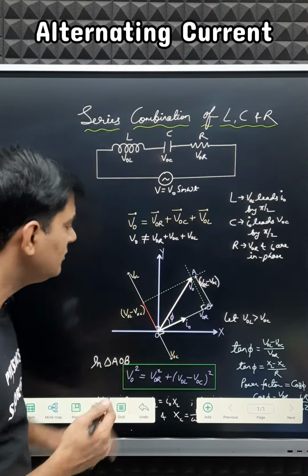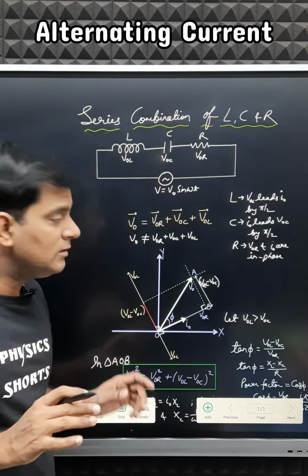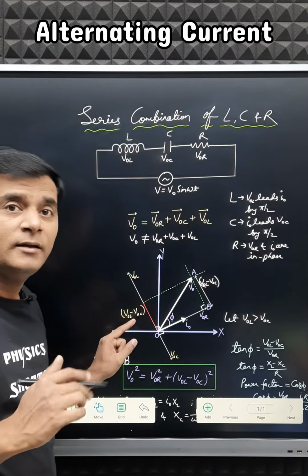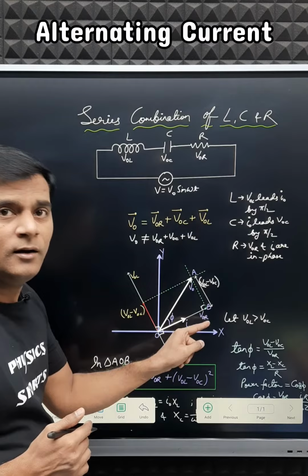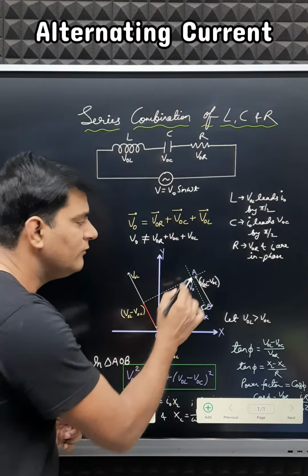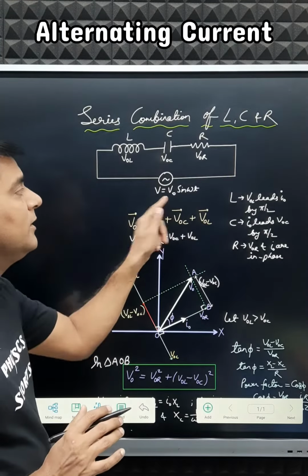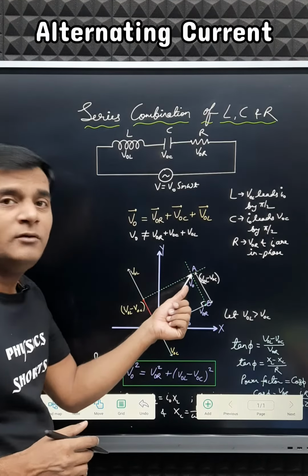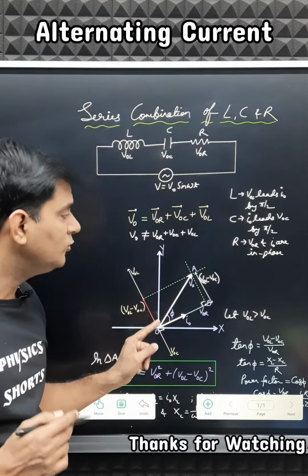So in this situation, this VOL is just opposite to the VOC, and when we find the resultant of these two vectors, it will be VOL minus VOC. Again, when we find the resultant of VOL minus VOC with the VOR, then we use the parallelogram law of vector addition, and this is the vector VO, which is the maximum voltage or peak voltage or amplitude of the voltage applied across the series combination. The phase difference between voltage and current in this situation is given by the angle phi as shown in this diagram.